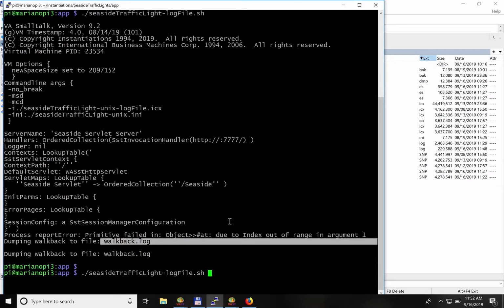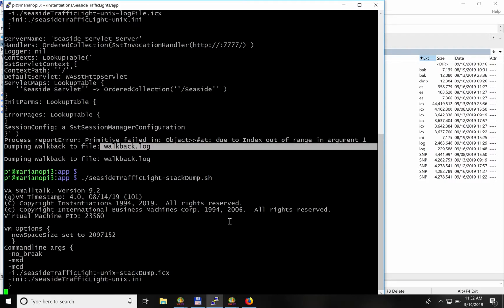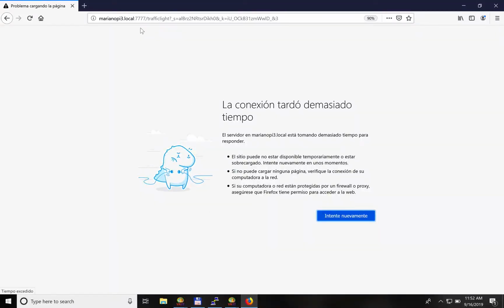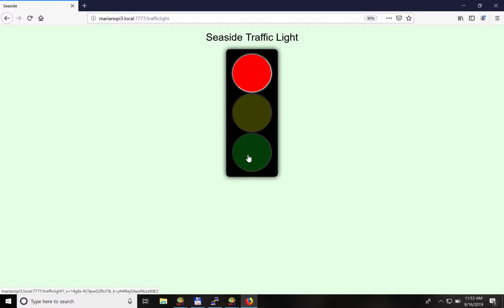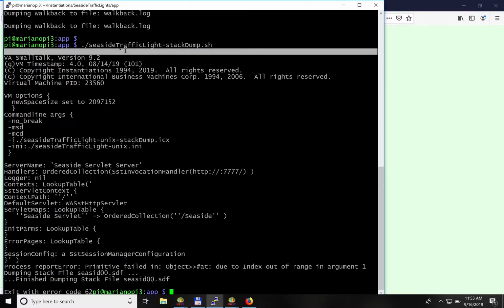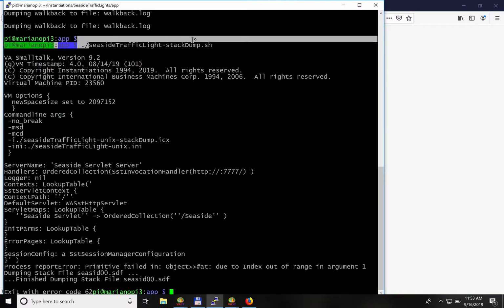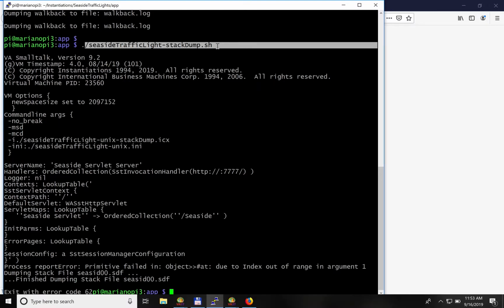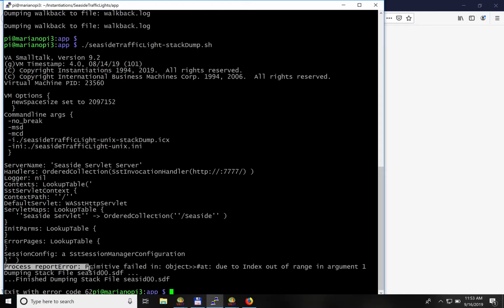The first one is called stack dump. So basically, let's run this again. I will click again on the green, but now notice that I am running a different version of my application which has stack dump support. So you can see that now instead of writing the walkback log file, it now says it finished dumping stack file